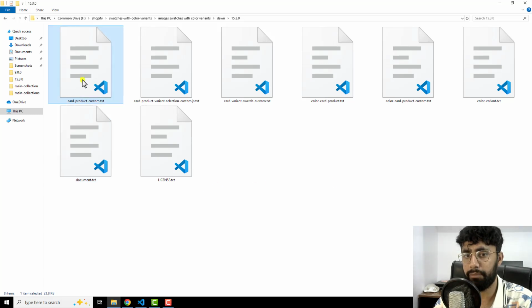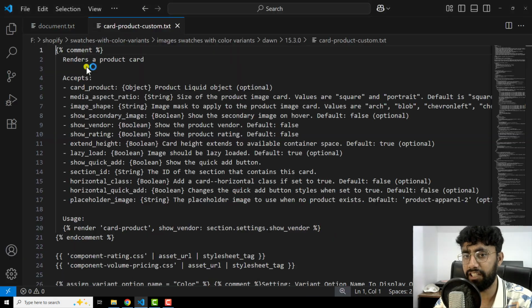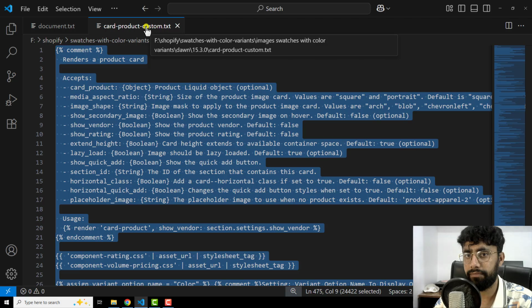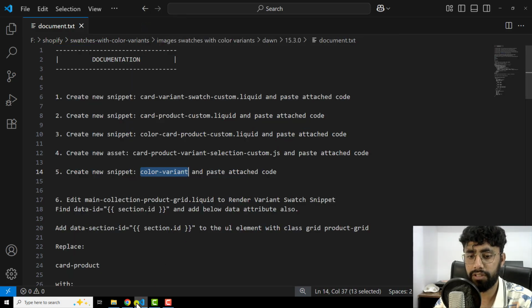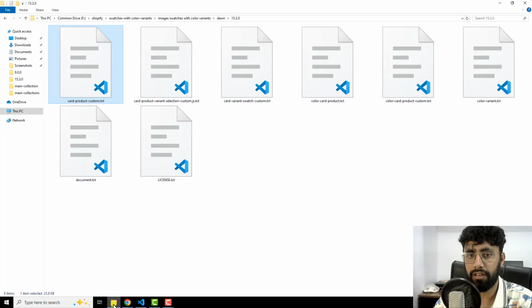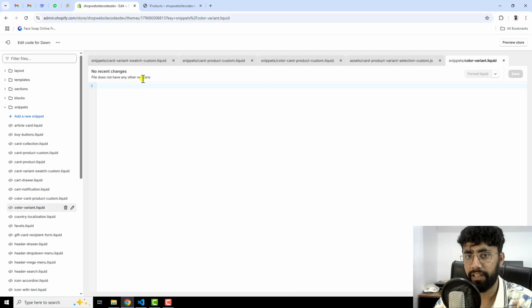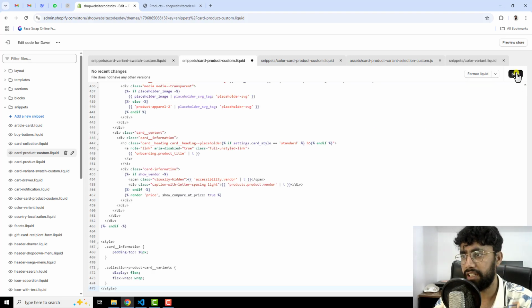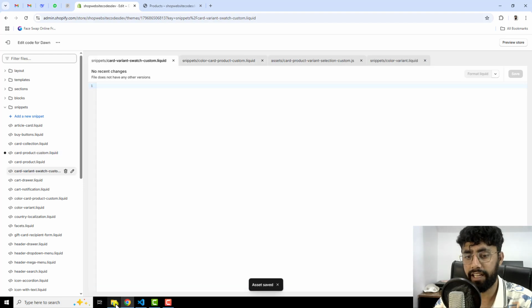So firstly I am going to open this file, card-product-custom.txt. Let me copy this code, close this. So this was card-product-custom. Okay. So you should paste that code, save the changes, and then close this file. Again go back,